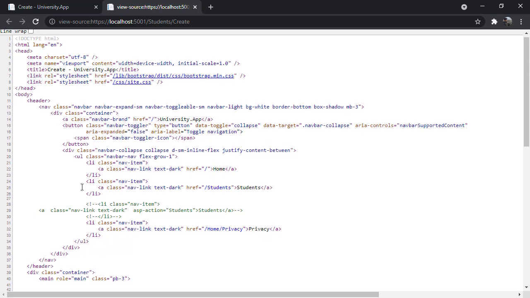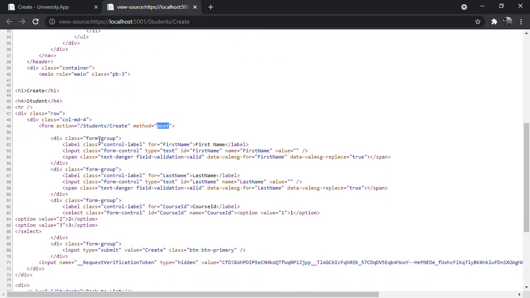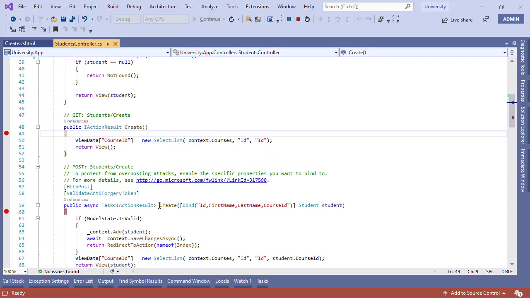If I go to the page source, you're going to see a form element specifically for that section. And with this form, there's a method called post. When a submit action is called, which is through this button, it is going to invoke this particular URL with this particular method, right? And we have specified that through